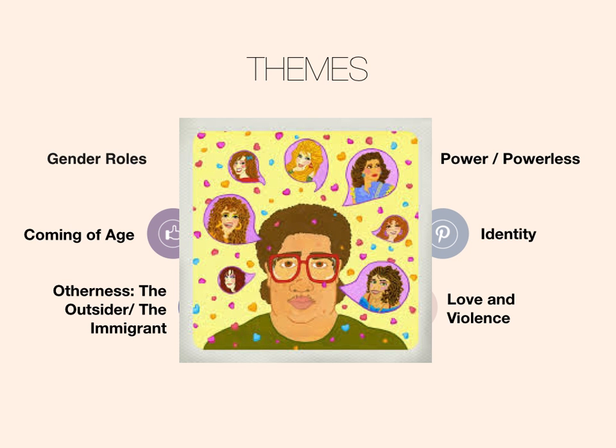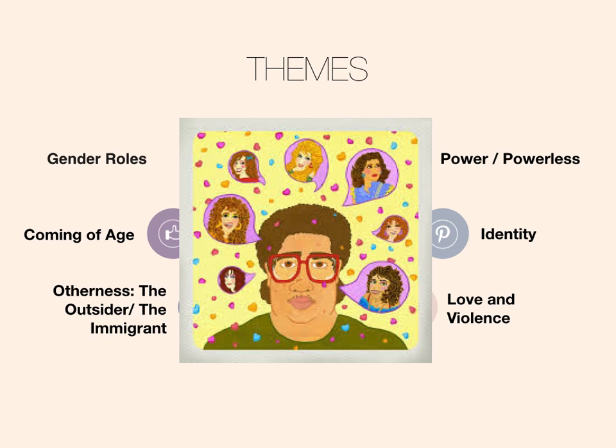A little more detail about the themes. There's gender roles. Gender roles is this idea that characters must fit into these prescribed stereotype genders. Does Oscar fit this idea of this masculine male? Or how does Junior, maybe he's overly qualified to be this masculine male to the extent that it ruins his relationships, right? Coming of age, we'll explain that a little more later. Otherness means that they feel like someone else, so that they feel different from the mainstream population.